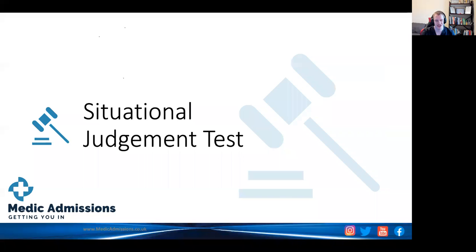And then we'll move on to the SJT. So this is a really interesting section. I saw, just before I started talking, I saw a question pop up about how different sections relate to you being a doctor. And this one is really, really common because actually at the end of your medical school training,